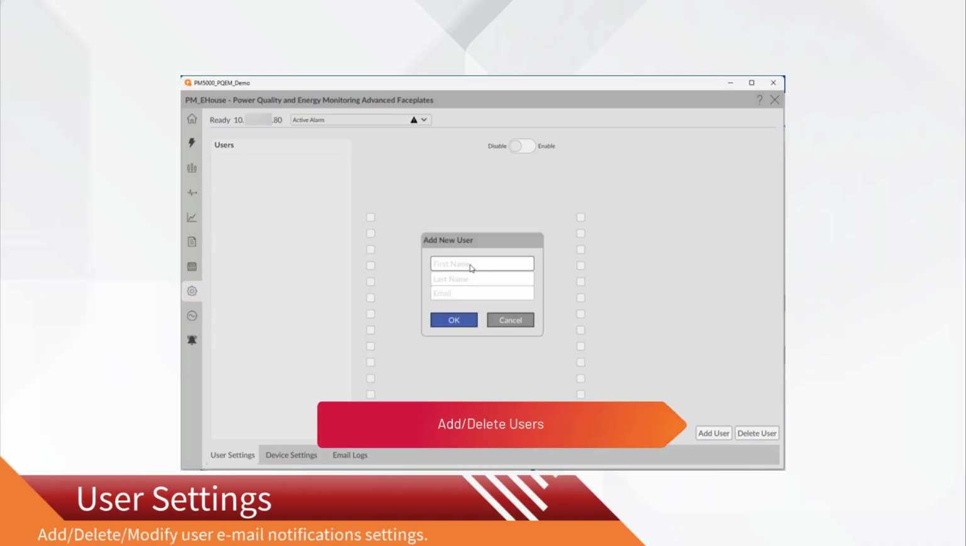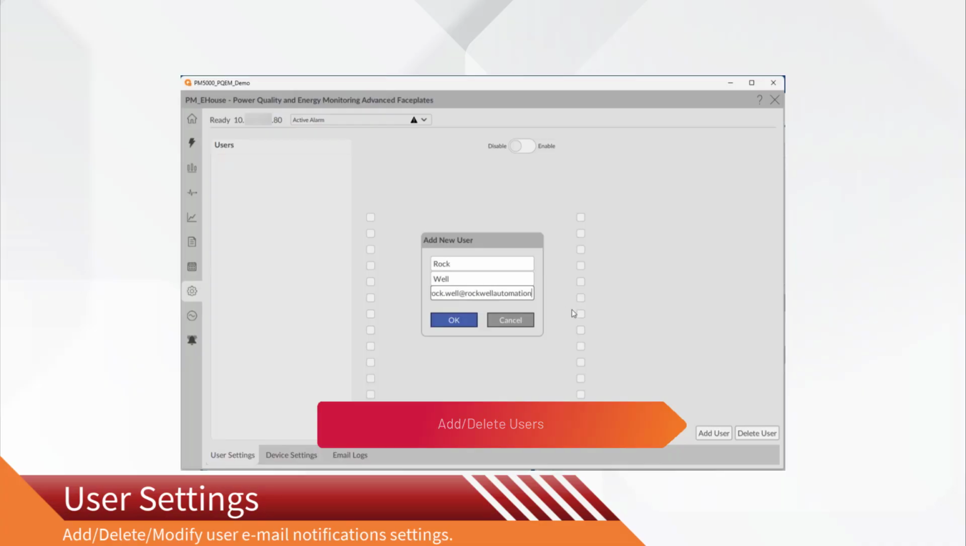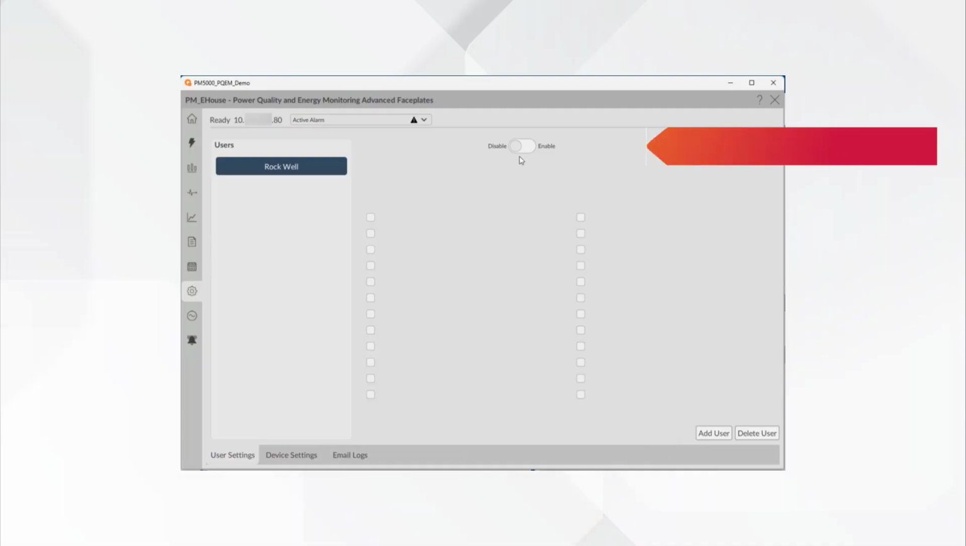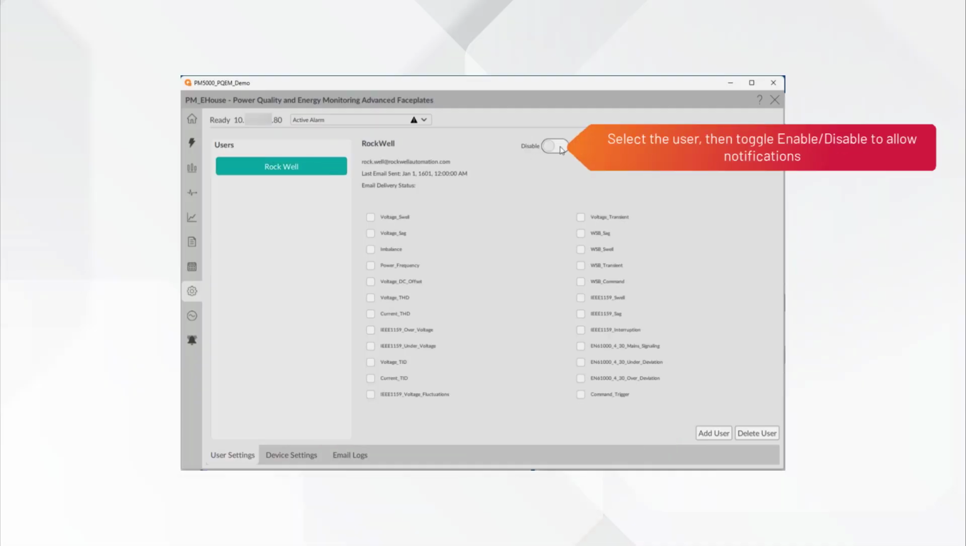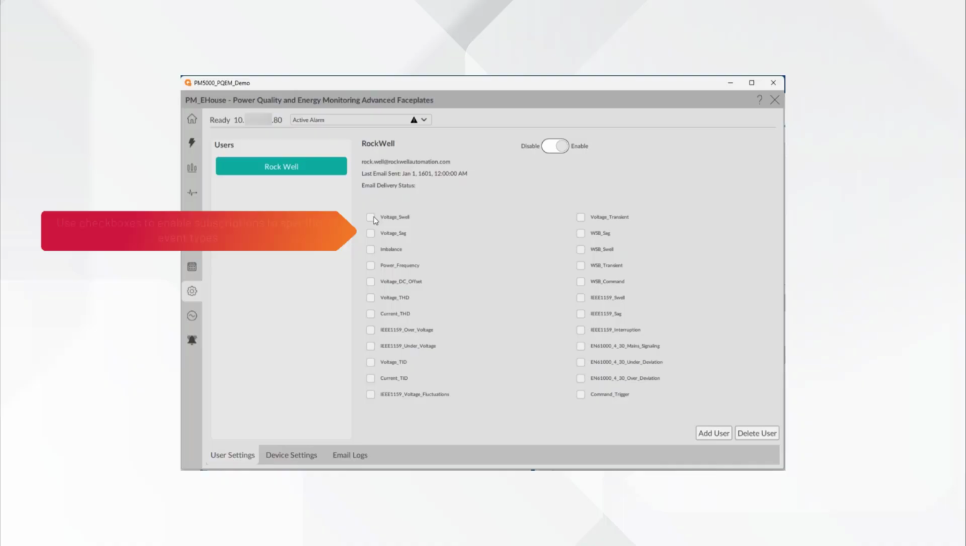The User Settings sub-tab allows you to manage users for email notifications. You can add and modify users, including a name and email address. Each user can be enabled or disabled using the toggle button. Each user can also subscribe to specific event types, such as voltage swell, and this is applied to all power